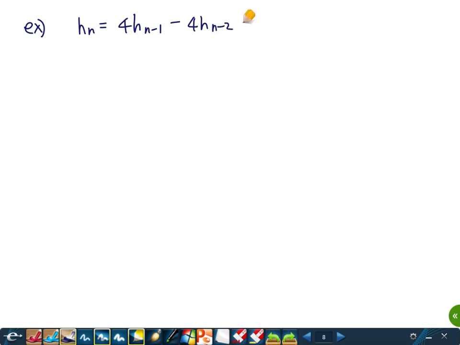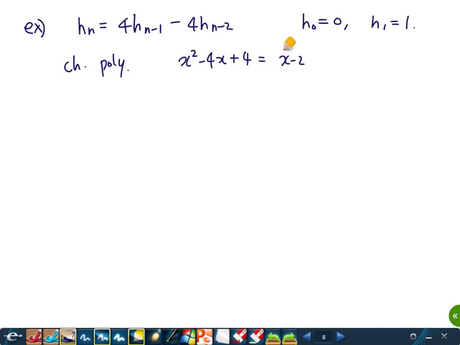Minus 2, h0 equals 0, h1 equals 1. Here, the characteristic polynomial is x squared minus 4x plus 4. So it's (x minus 2) squared equals 0. So we have a double root, 2. We only have 2. So you cannot really find, maybe if you are lucky, you can find such a solution, but